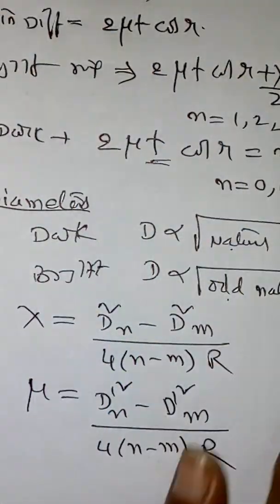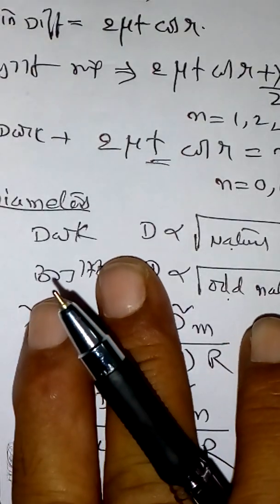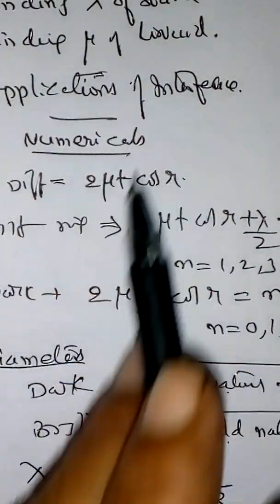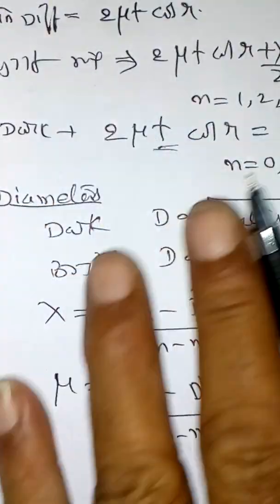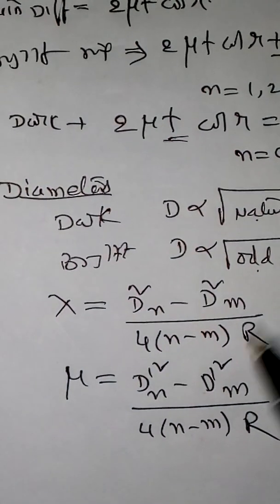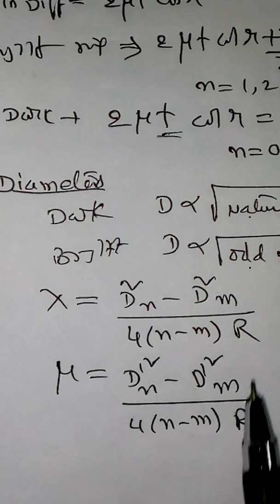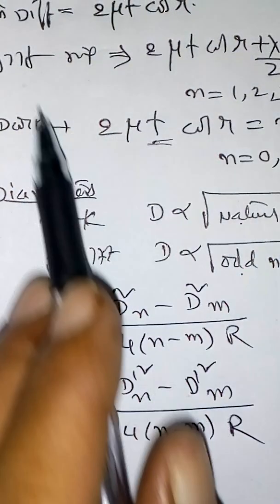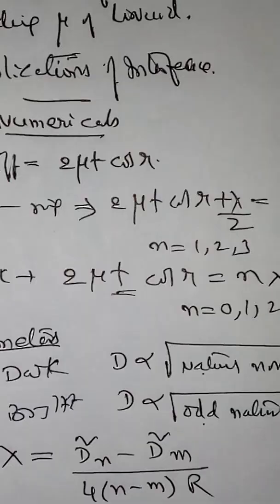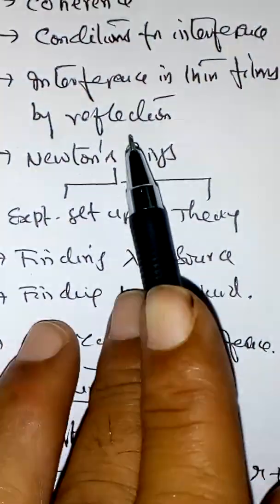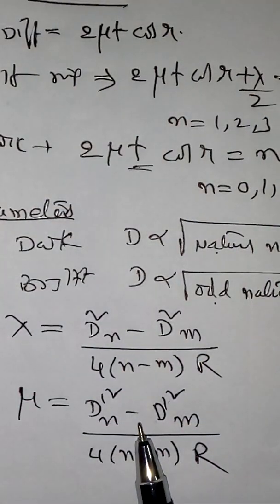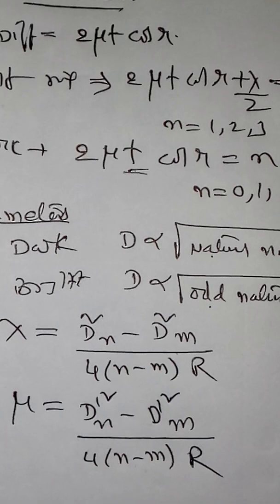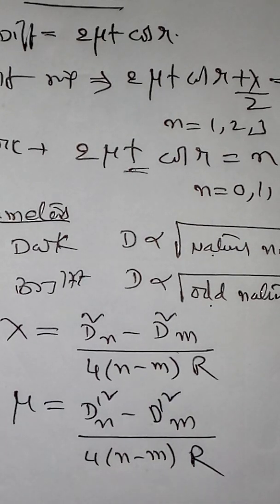So by having familiarity with these formulae, you can attempt university numericals. Any problem you take in interference basically depends on these formulae only. So if you take the previous papers and also the exercise given in your prescribed textbook, they are all based on these formulae. So at the end of this unit, I am giving a summary. This is what we have discussed in interference. In this entire chapter, we have these formulae. Based on these formulae, try to attempt the numericals and practice them. So in the next session, we shall discuss the other part of optical phenomena called diffraction.